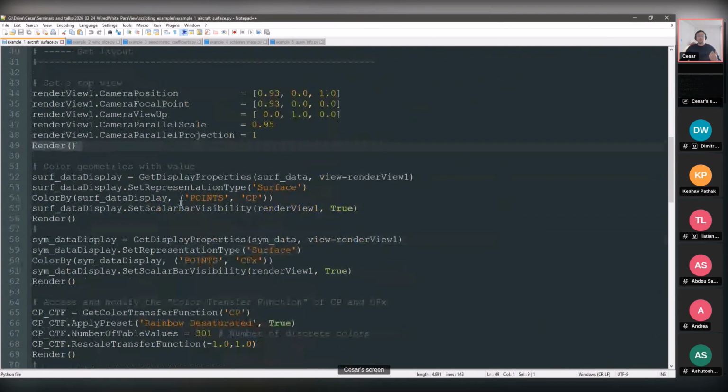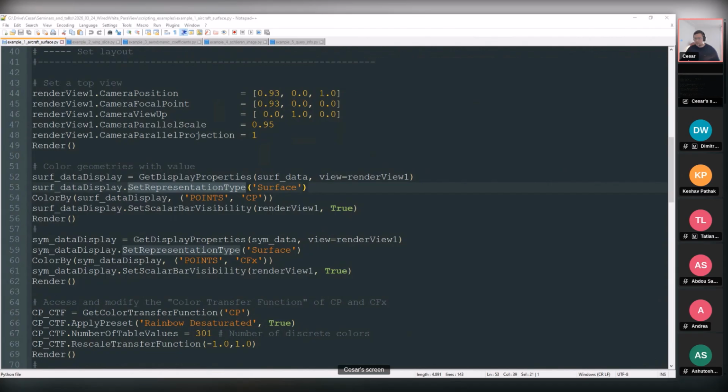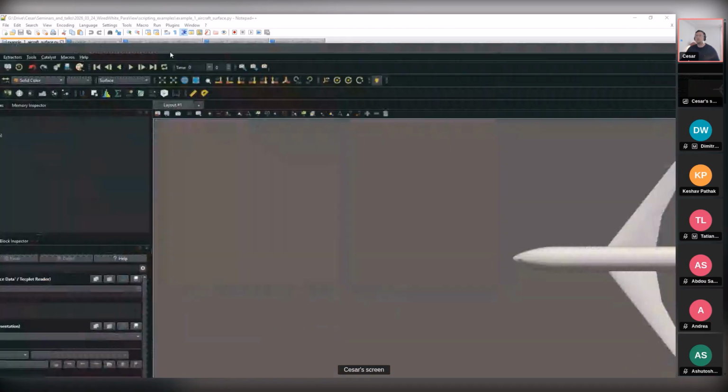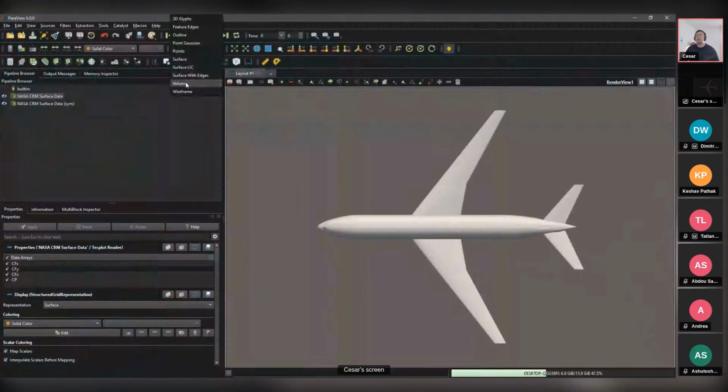Now the next step is to add some colors. So for this, we're using the method getDisplayProperties, and we need to refer to the filter that we want to modify its graphical properties, and then where it is being displayed. So like this, we get an object that we call surf data display that will help us to manipulate these properties. Then, first of all, we set the kind of representation, because if you remember in ParaView, we can select